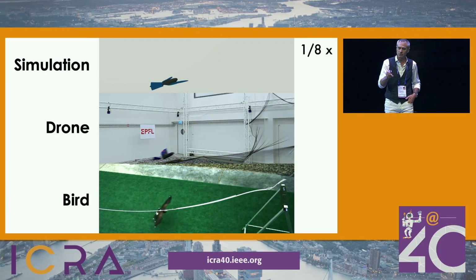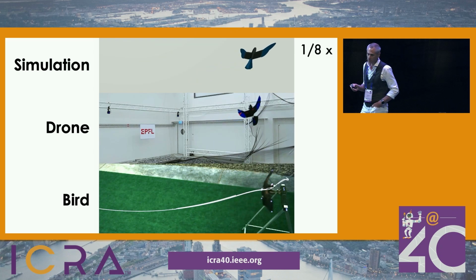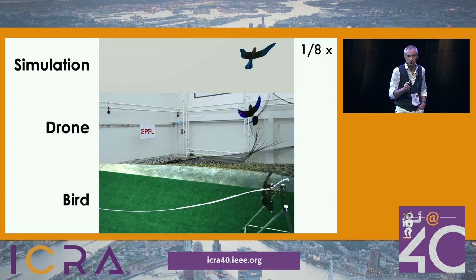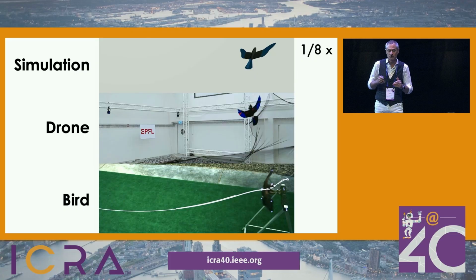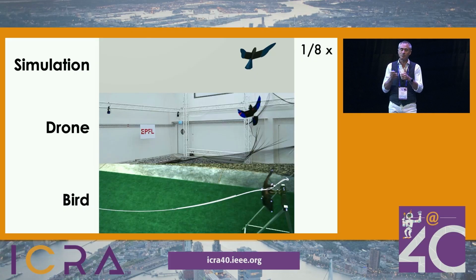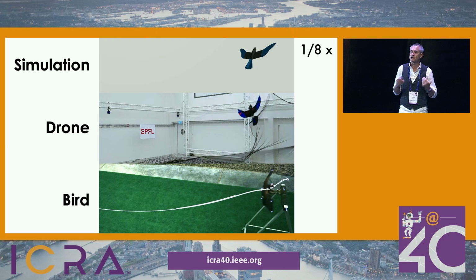Here you have the bird, the physical drone, and the simulated drone. And we showed that if the drone tries to perch using the optimization criteria that Graham Taylor hypothesized, it will actually display the same trajectory, it will dissipate the same amount of kinetic energy, and it will show the same type of morphing sequence that the bird has. Instead, if you use different optimization criteria, you will dissipate much less energy, the drone will have a different trajectory. So clearly, now we also understand what the optimization criteria are.